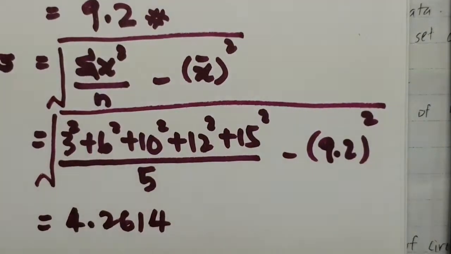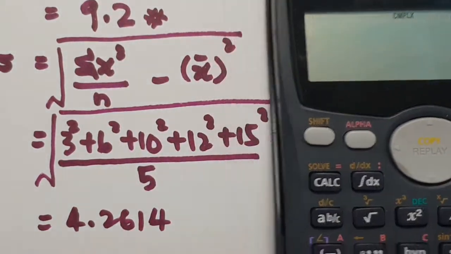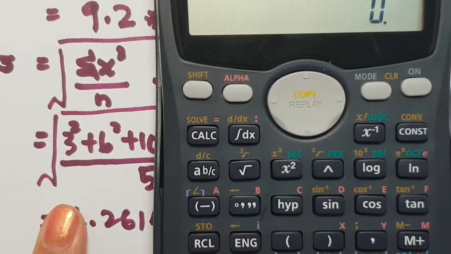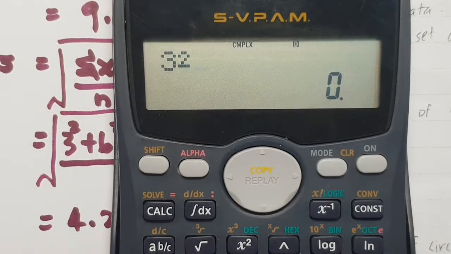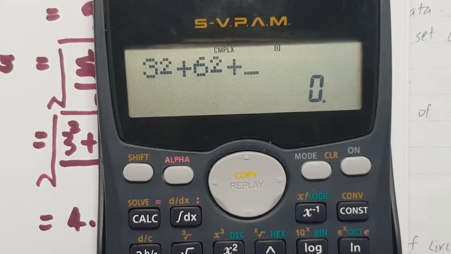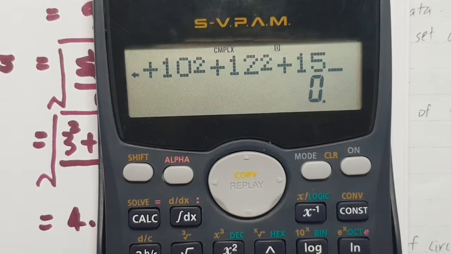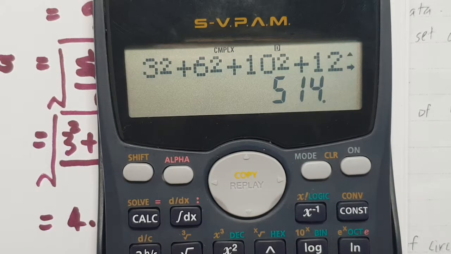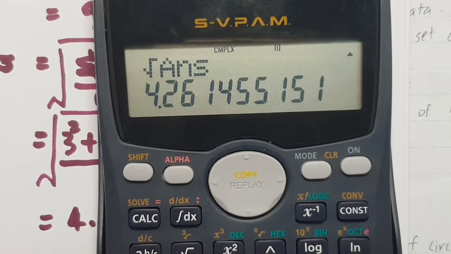Let's check whether this is the correct answer or not. Okay, so let's go back to the normal computation. So we have 3 squared plus 6 squared. I just want to show you 3 squared. So next time you just use the function right away. 3 squared plus 6 squared plus 10 squared plus 12 squared plus 15 squared, and then total, and then divided by 5, and then minus 9.2 squared equals 18.16, and then we square root this one. You see, our answer is